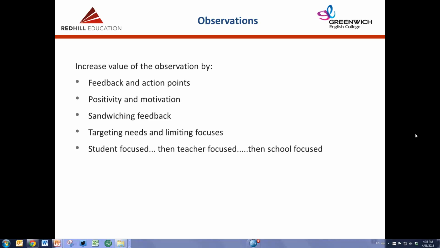And finally, school-focused. I think it's really important to remember that teachers are employees, and we want to give guidance on how to be an effective employee of your business. So your business might focus on a different style of student. They might be more holiday-focused. They might be more pathway students. It really is different depending on the institution where you work, and it's perfectly relevant to help the teacher become a better employee of the business, because that's a big part of their job.